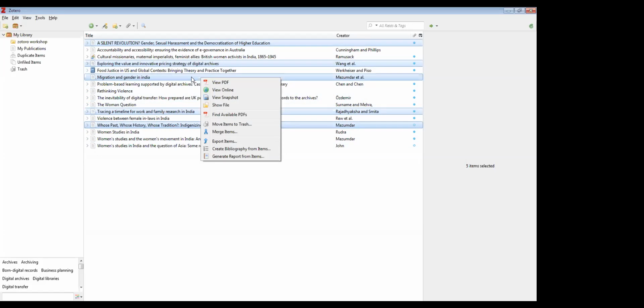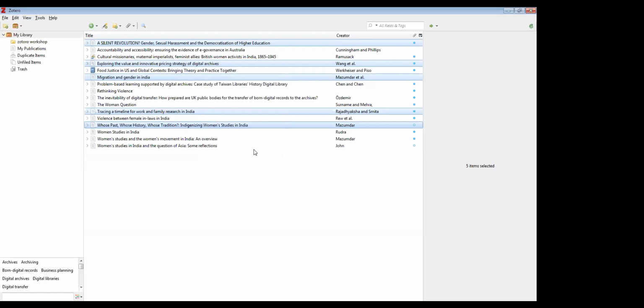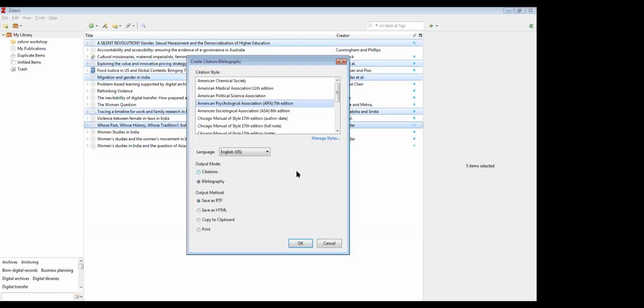So after selection, you just right click on it and say create a bibliography, the second last option. The moment you say create a bibliography, you just click on the option, say copy to clipboard and say OK.